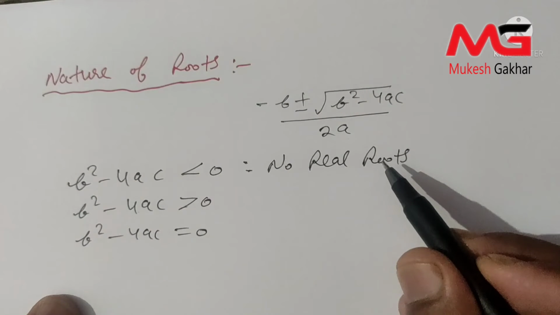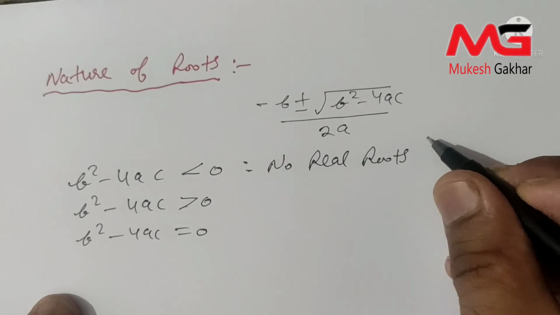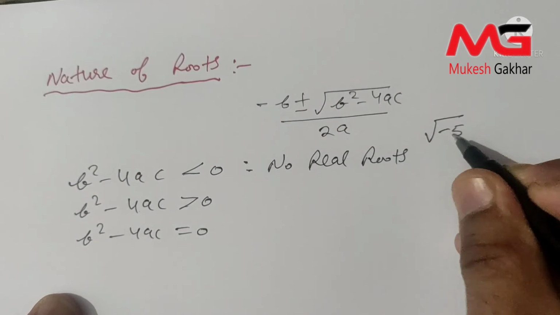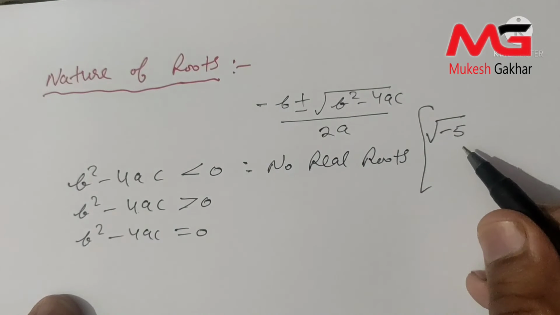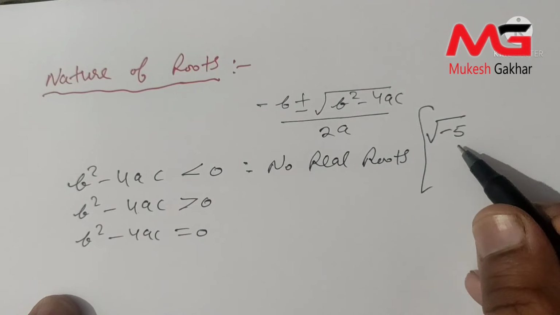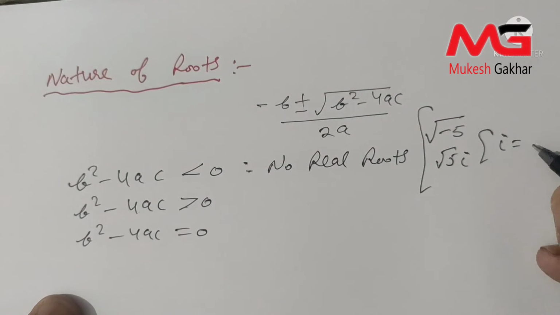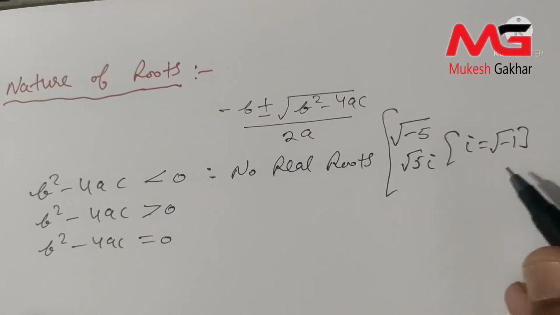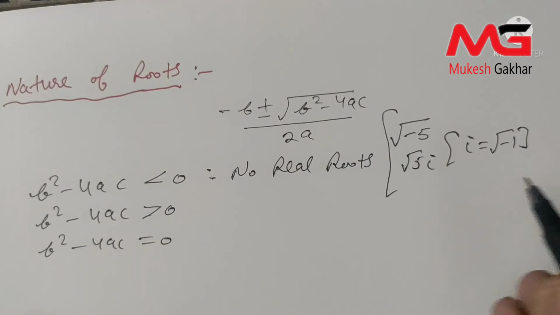So till now you have not learned in this class square root of a negative number. For example, square root of minus 5. This topic you will learn in next standard, in 11th standard. For information, this one is an imaginary number. We can write this one as root 5 iota, where iota is root minus 1. There is no need to learn in this standard, it's just for your information, so that you can understand why no real roots are there.